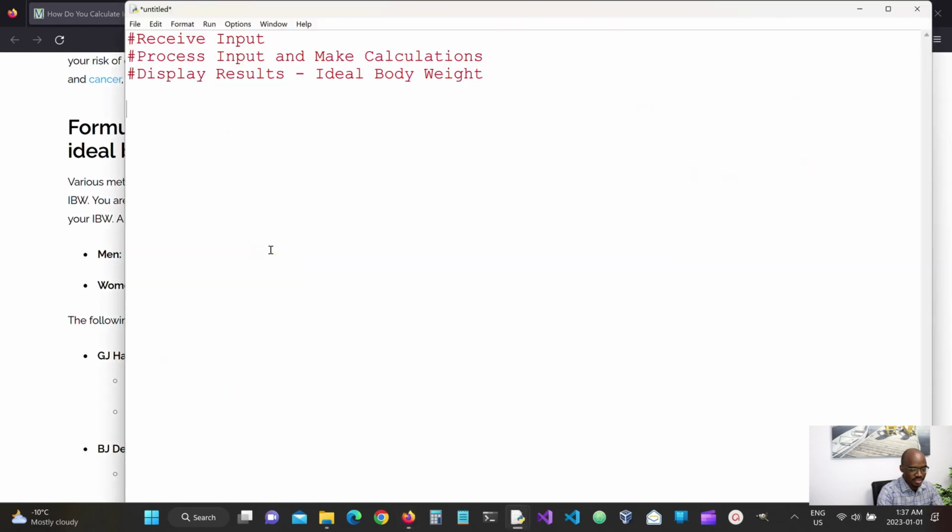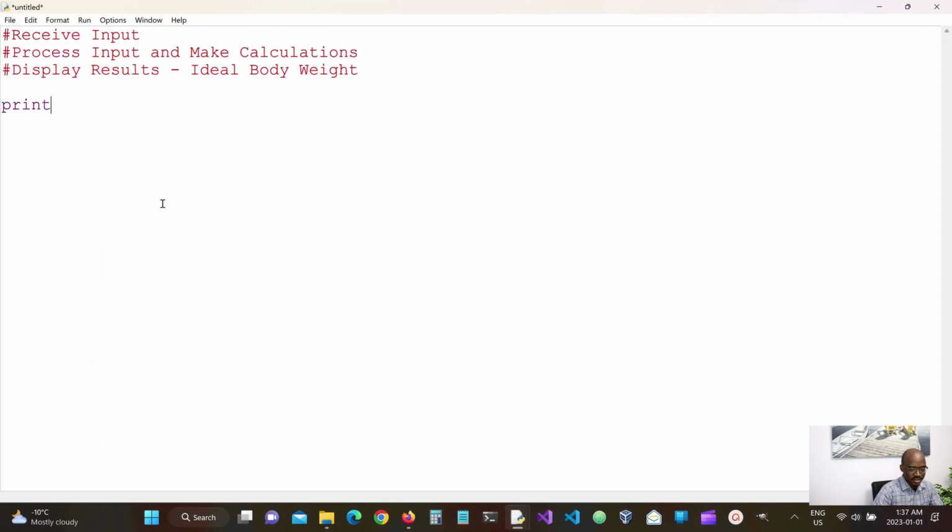So in Python, when we want to display information to a user, what we do is we use the print method, and so we want to tell the user the name of this calculator. So it's going to be Ideal Body Weight Calculator, and this is by Pharma-Code. We also want to print out the instructions, so we're going to say something like